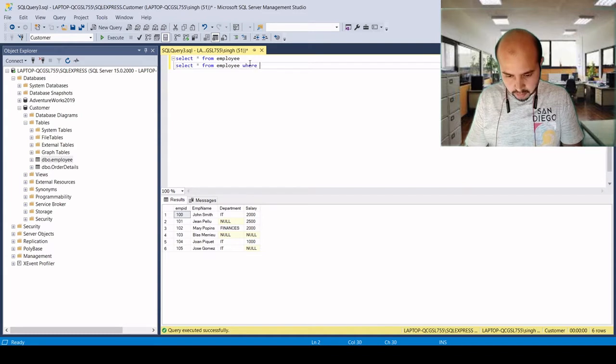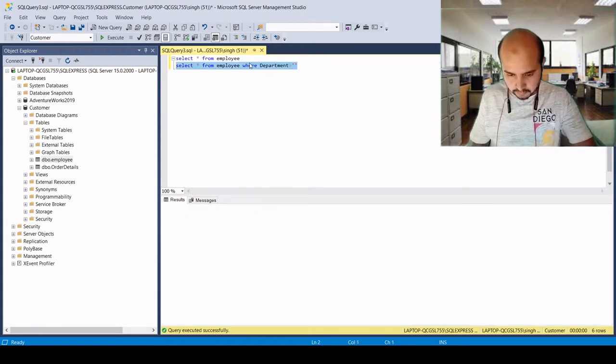Where department is blank. So here we are not able to find any record which is blank.